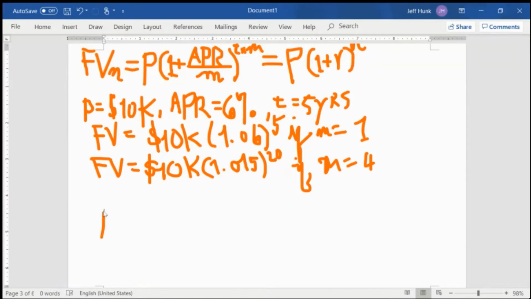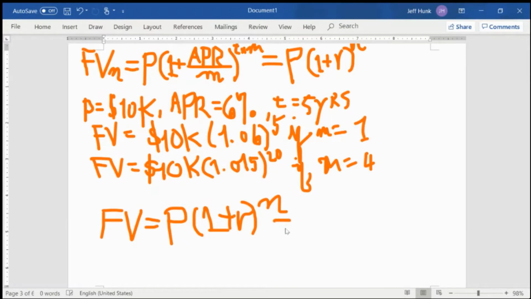So we know the compounding, right, the very basic compounding formula is FV equals P times 1 plus R raised to N. And we've used an example of, let's say, making a deposit of 10K,